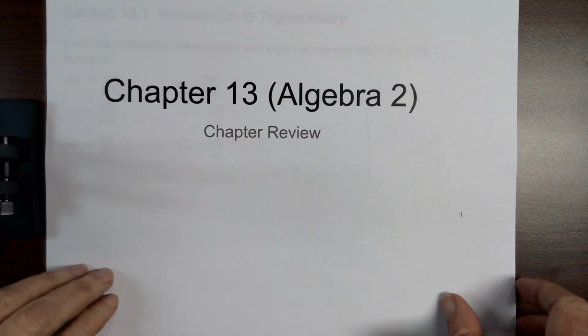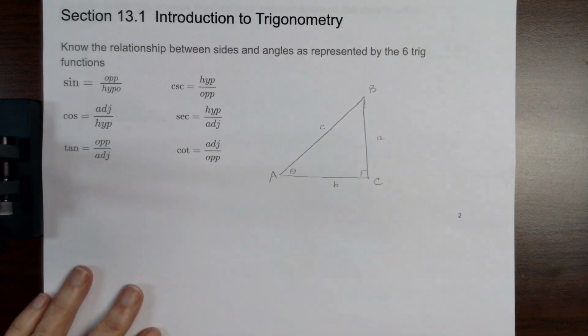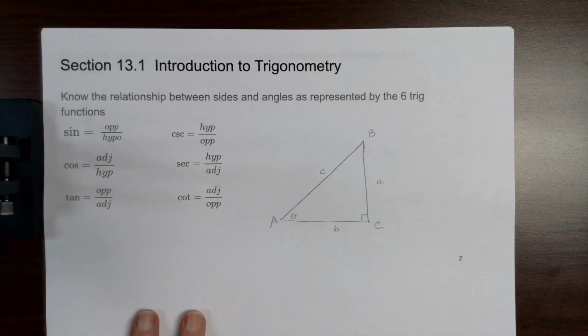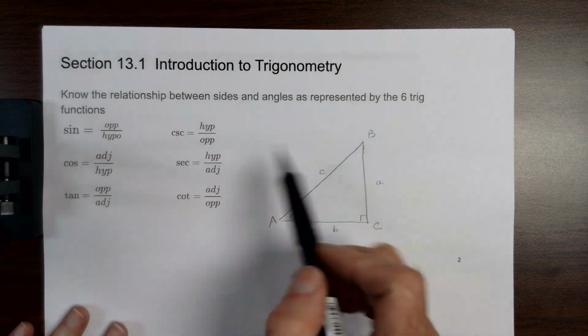This is the Chapter 13 review. In Section 13.1, you had an introduction to trigonometry. You need to make sure you know all the relationships between the sides and the angles as represented by the